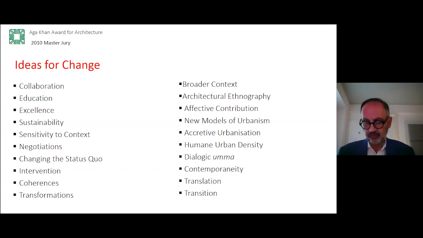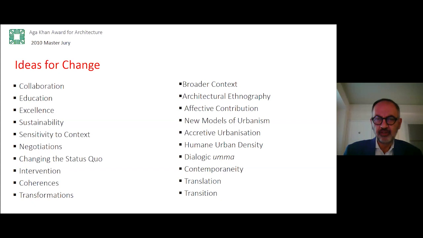So as you say, architecture is if you go to the desert and you just move one stone from one place to the other. That is architecture because you made a change. So what are the ideas for change which are very important? In 2010, the master jury had a number of areas that they wanted to look at in some of these projects. You cannot have all these ideas on one project, but there are certain ones which are very important out of them. For example,